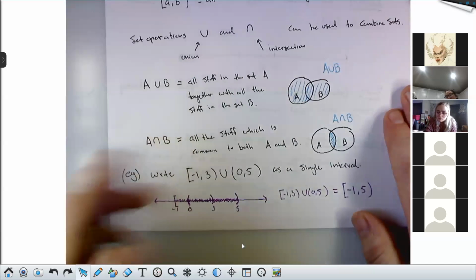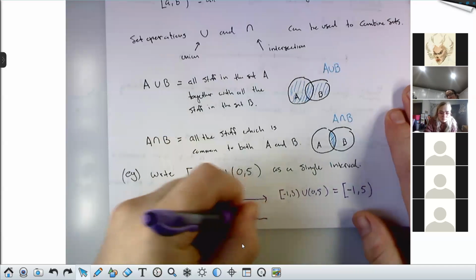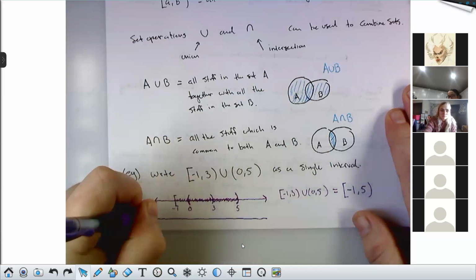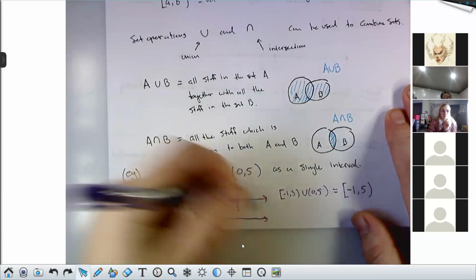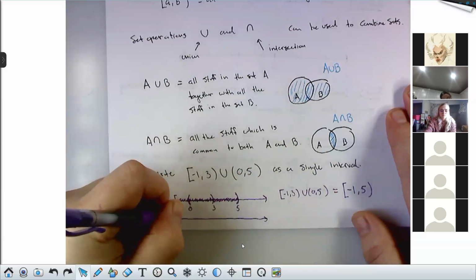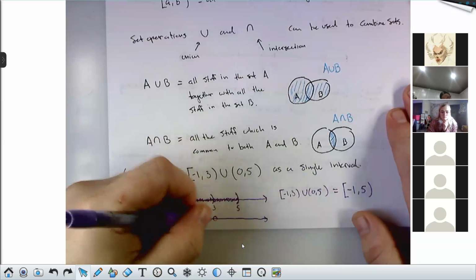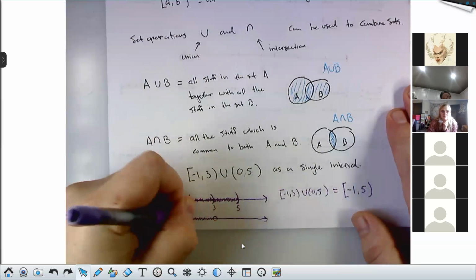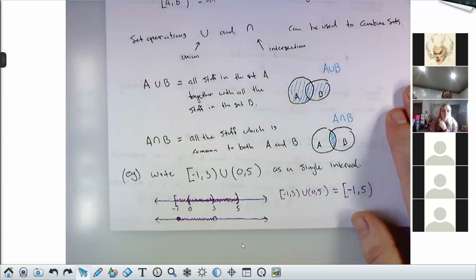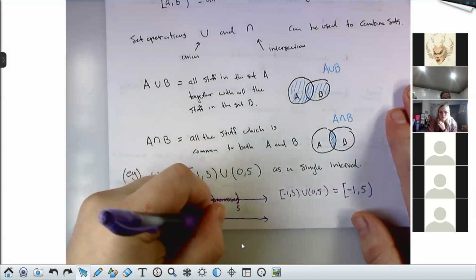There is an alternate notation. Can you give an example where it would be the opposite? Yeah. So really quick, before we move on, the alternate notation for this, some people like using filled in dots. So my first interval, the interval from 0 to 3, I could express like this. Filled in on the left, open on the right, which means that -1 is included, but 3 is not.